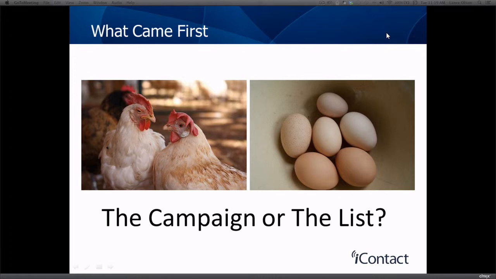If you're new to email marketing, what comes first, the campaign or the list? A lot of people say to me, I want to build up a significant list before I start sending emails. That's the wrong answer. As soon as people have given you their email data, they've proved that they're interested in your products or services and they want to hear more from you. They are eager customers and they want to buy. So you should start hitting them straight away. If you have 10 people in your email list, you should start emailing them straight away. Don't wait until you get that critical mass.